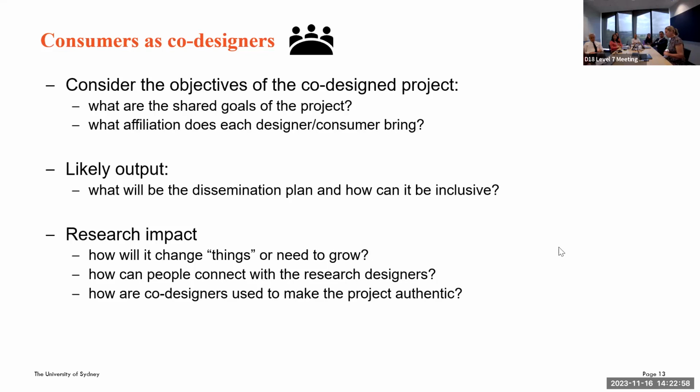And so from the point of view of even having the opportunity to conduct your research because it's been successfully funded, it's very important to think about what are the shared goals of the project in involving consumers, and what affiliation or agenda does that consumer bring. So you might have a consumer organisation, for example, like Men's Shed or Cancer Voices New South Wales, or the Men's Mental Health Unit, and they may bring a consumer advocacy group agenda, and then you may actually